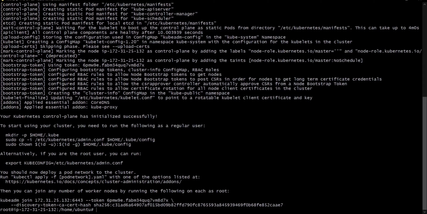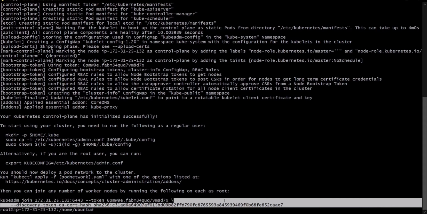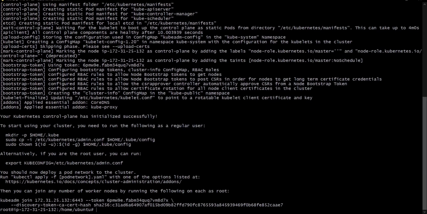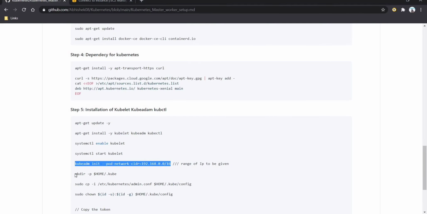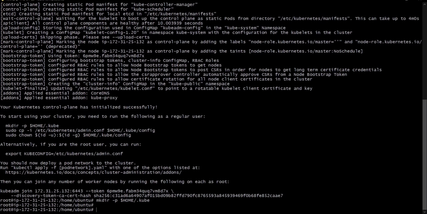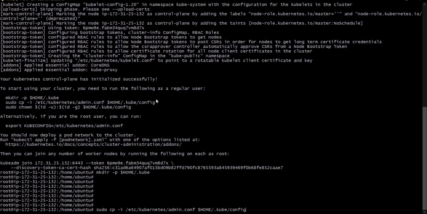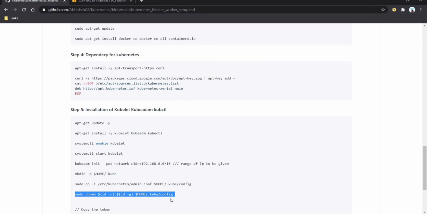Now this thing is very important. This is required for adding nodes to our master, in the cluster we can say. This token is required for connecting the node. Now, to start using the cluster, we have to execute this command. This command is already written here, and you can take it from here also. There is no need to clear the terminal, because we have to use the token. The next and last command is permission.